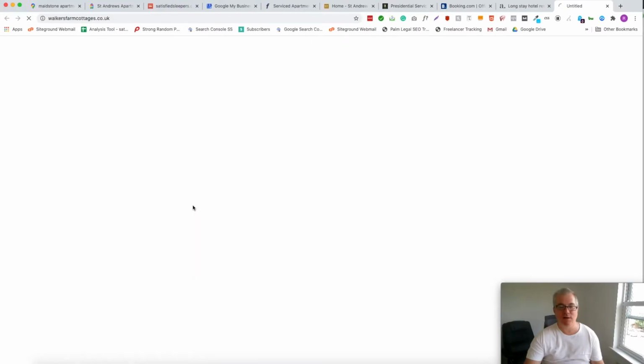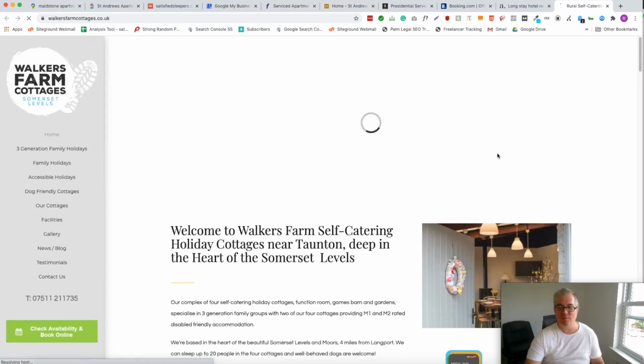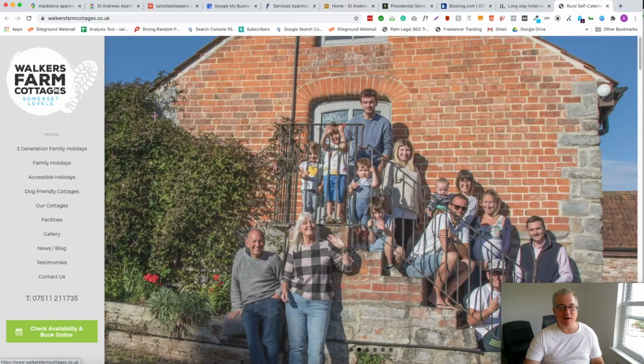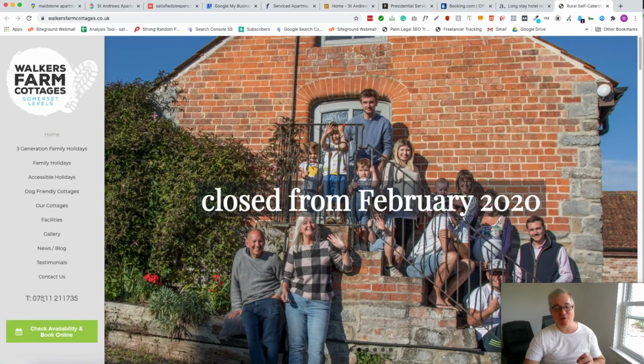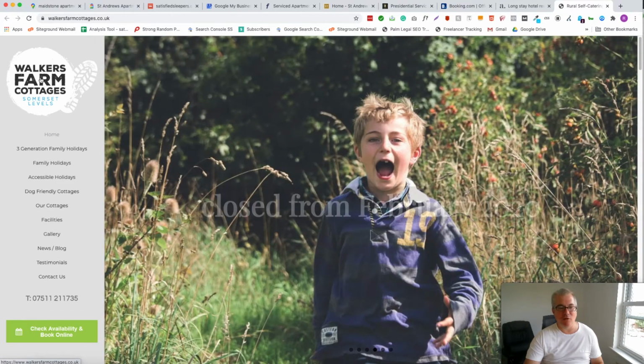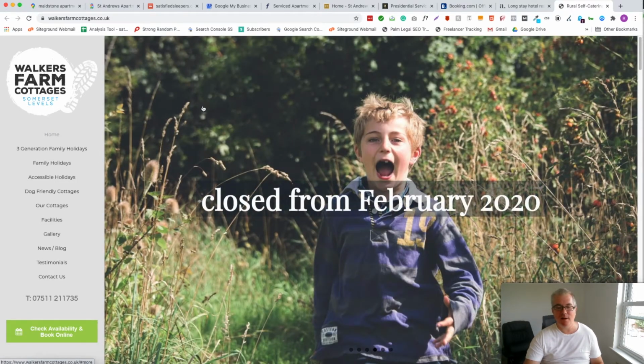Okay, here's an example of something which is certainly a short-term rental. I don't love the design of this website, in absolute honesty. This sort of side of things could be a little bit neater, but what they have got is the key information. They've got the telephone number so you can book easily. They've got quite a quirky but nice logo there, and most importantly, they've got really good